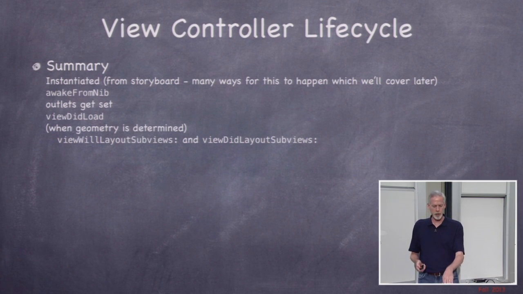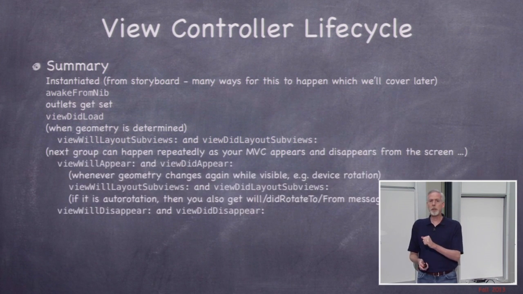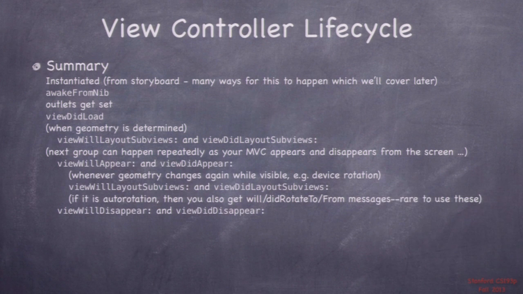get called. There should be no colons there; I don't know why that's a mistake. Then view will appear gets called. Then if the geometry changes again while it's visible, view will layout subviews and view did layout subviews will get called again. If there's auto rotation, you also get those auto rotation things, but don't worry about those